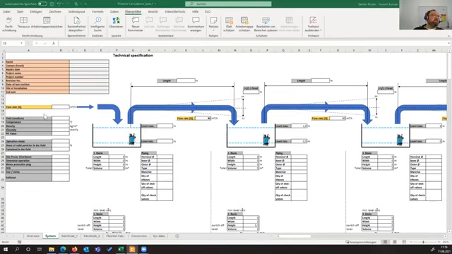Before we talk about the rest of the information, we can see on the left side fluid, temperature, density, viscosity. All this information will have an impact on the whole design. You will have the possibility to select some topics,